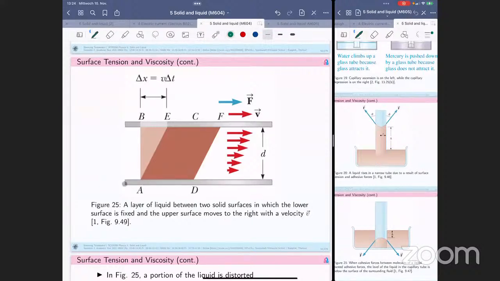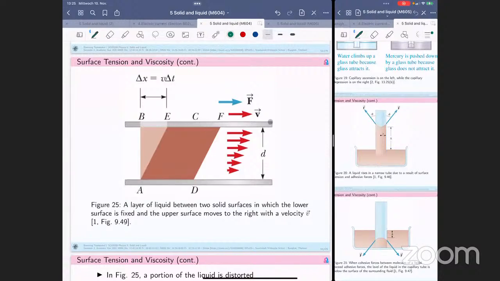So assume that we have a very sticky fluid, and we try to attach this part of liquid to the surface AD, and before that you are at BC. The liquid just stays upright, and when you